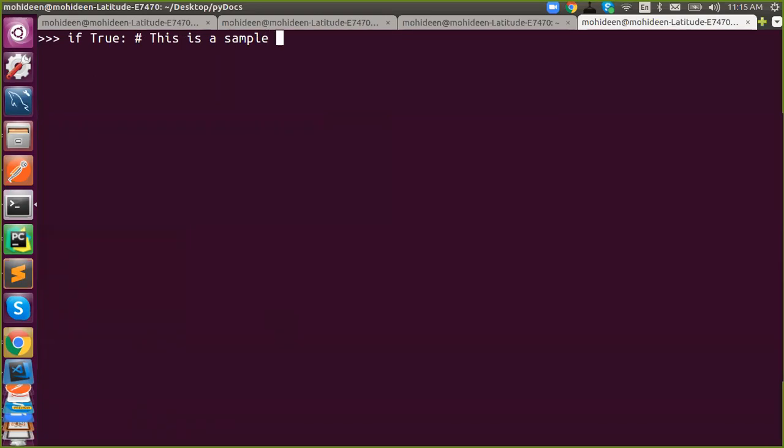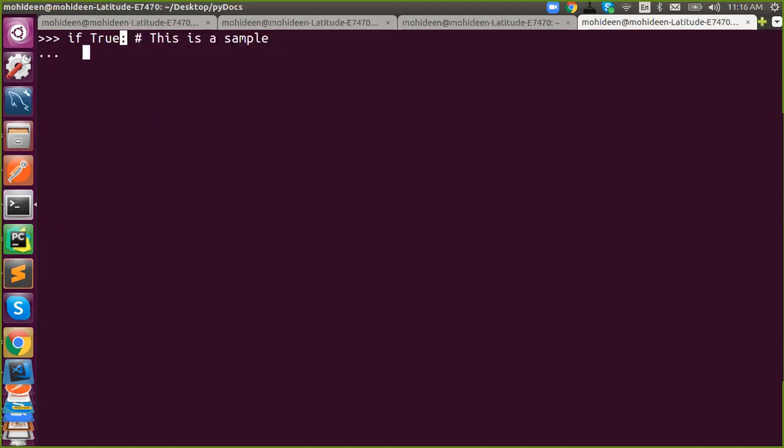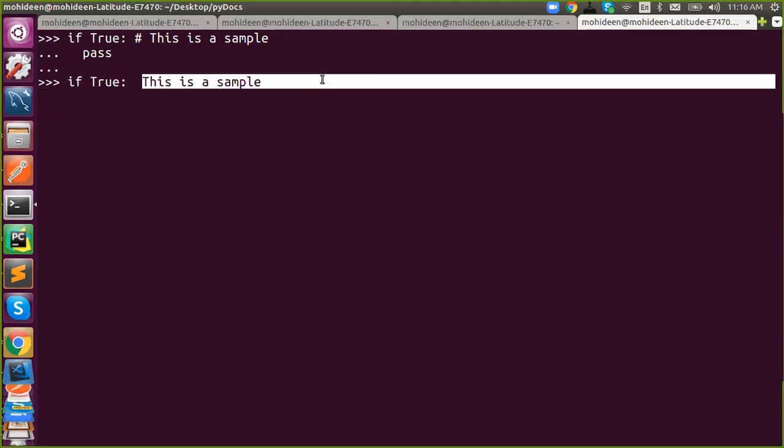If you're using someone's code and you need to know what it's going to do, in such cases we have to say hash. What happened? Python will ignore this line. Python will execute till this, and it will keep moving on. Or if I don't say hash, what happened? This will be considered as a part of your statement, and you all know this is not a valid syntax, right? So this will raise